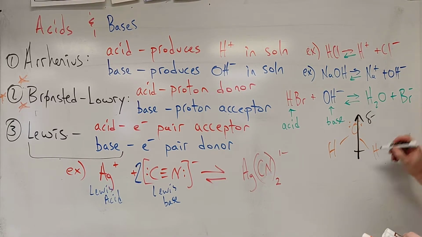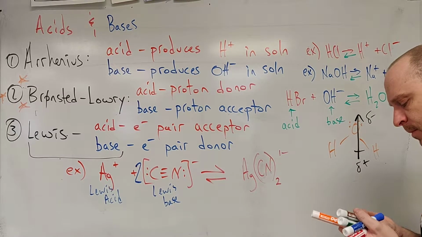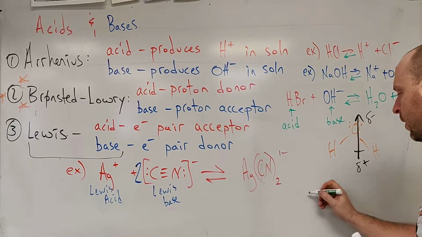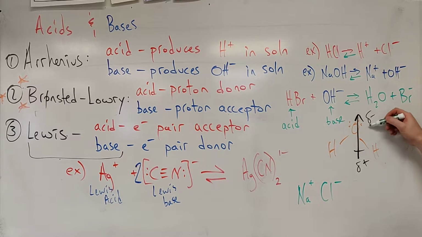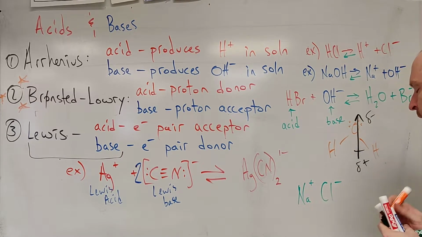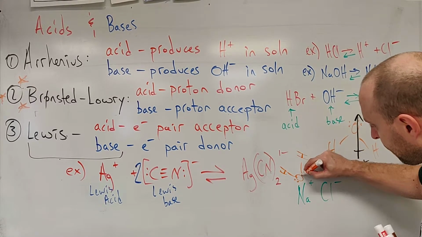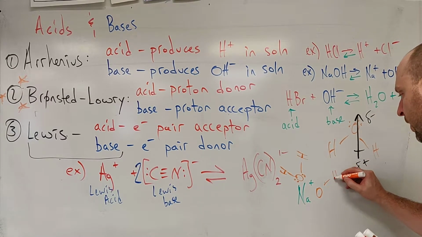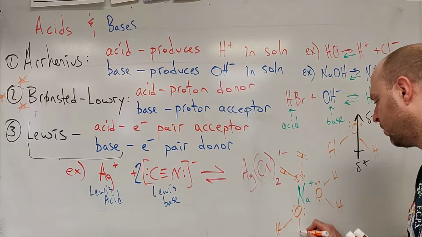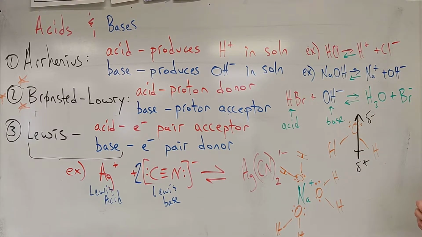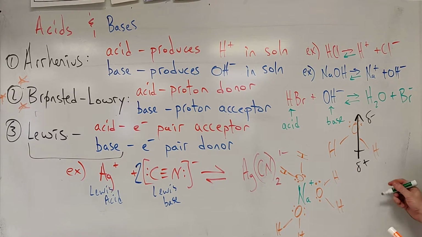And what that means with our slight negative and our slight positive is that if you have something like NaCl, we have sodium ions and we have chloride ions, this negative end here can be attracted to that sodium. And then the waters come in and start to push those chlorides away. And this isn't the world's greatest example, and it's not necessarily 100% true or perfect, but the waters come in and surround that sodium ion, they complex it out from that chloride, and so then we've got chloride over here,